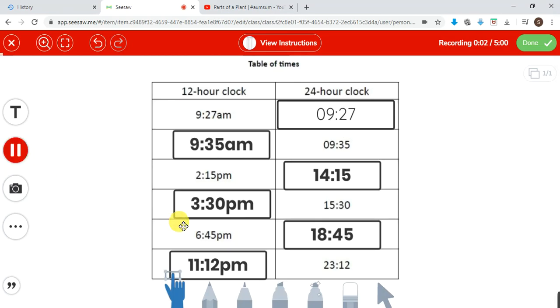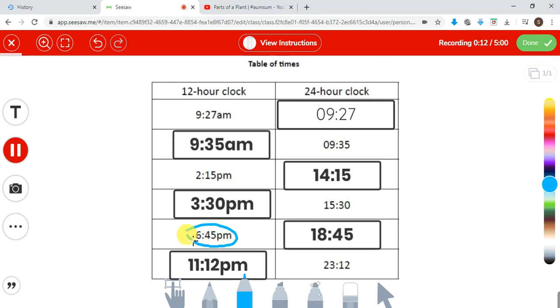Go. So now you say, "Hi, Mr. Shegu. So this is how I did it for the 12-hour clock right here, for instance." So you can circle this for your teacher. Okay, you see, your teacher is seeing this. When I saw that this was 6:45 p.m., then I added 12 to it. So once I added 12 to it, I got